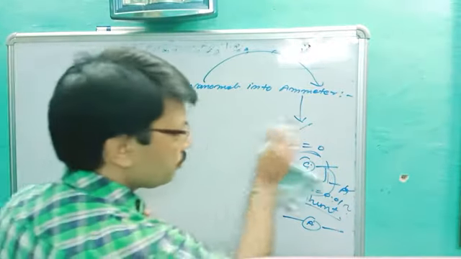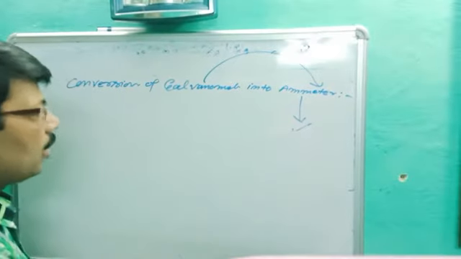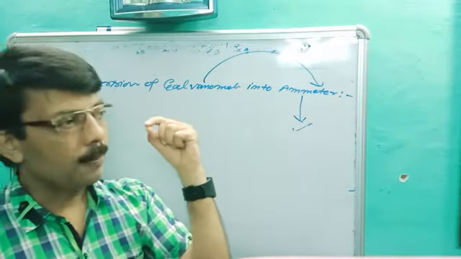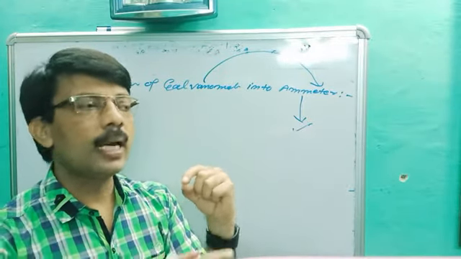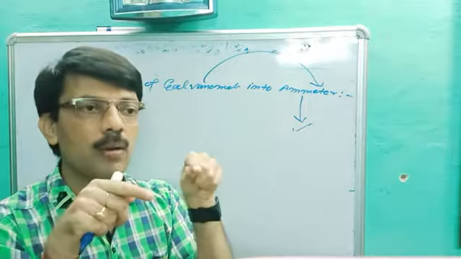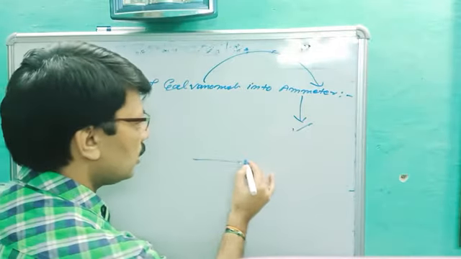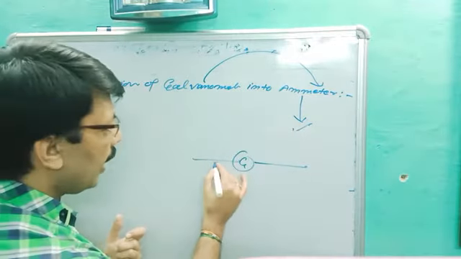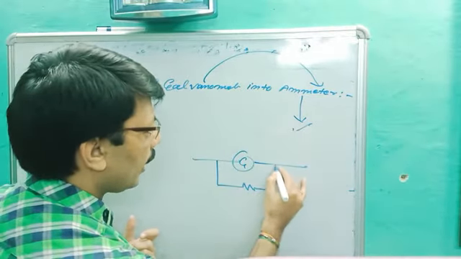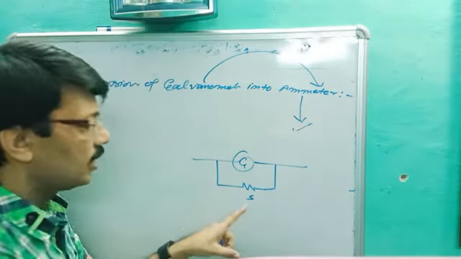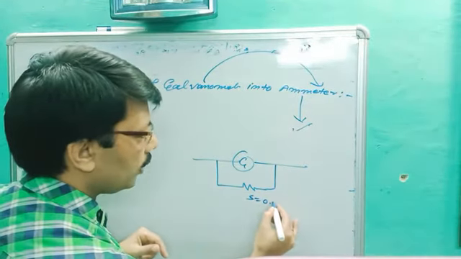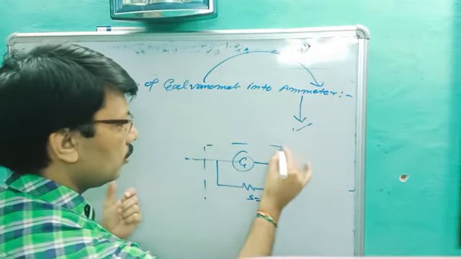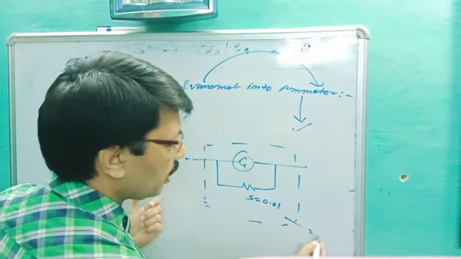Okay, so now our aim is this. No doubt we have to connect in parallel combination, but what should be the value of the resistance in parallel combination? That depends on the range of the ammeter on which you are going to work. Let's suppose this is the galvanometer and I ask you to convert it into an ammeter. As I just told you, connect a wire in parallel, this is called the shunt S, and it is such as 0.01, that is the range. Then the whole device, this parallel combination, becomes an ammeter.